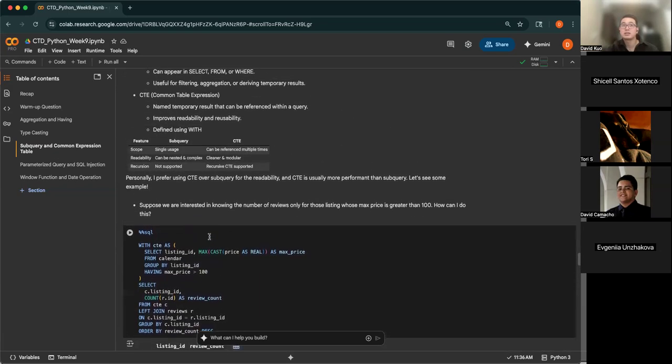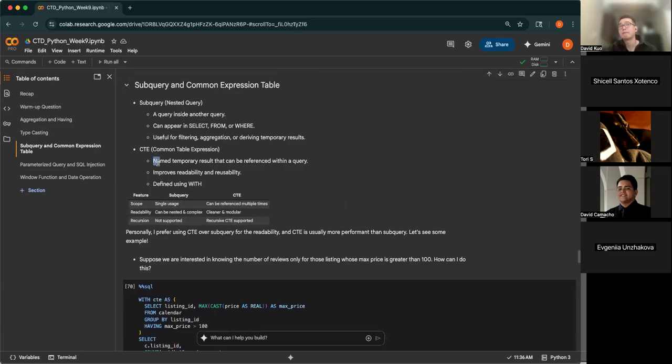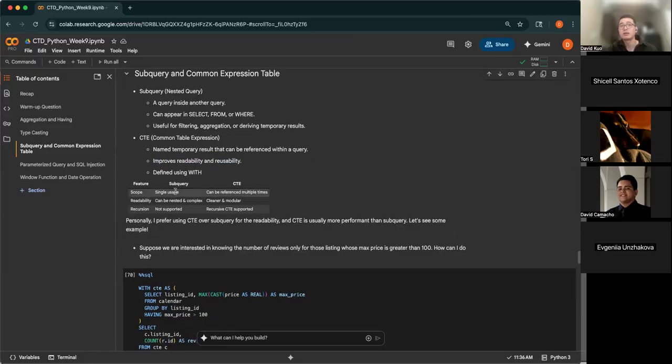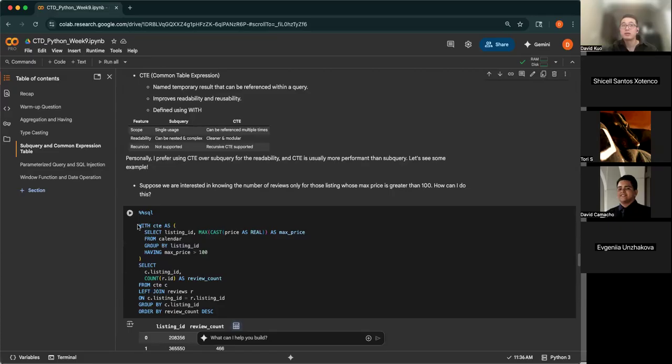What I really prefer is this thing called a common table expression. This is not my final result, but I could still save it in a table, right? So how can I define that? Instead of writing a subquery, I use a common table expression, and the name could be anything. This could be ABC, as long as it's like naming a variable. This is my temporary table to store my results. I couldn't get the information in one step, so I'm storing part of the results here in the CTE table,